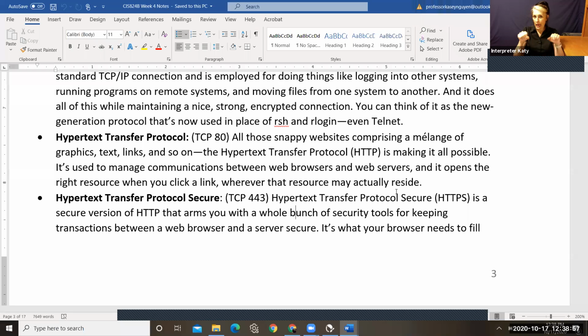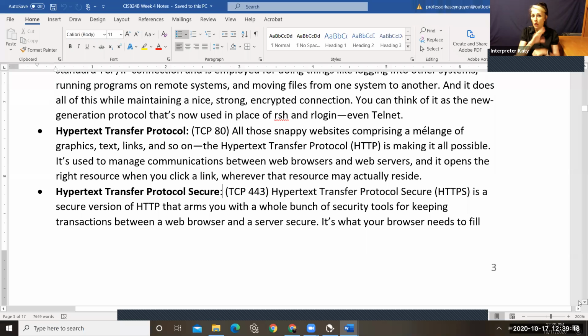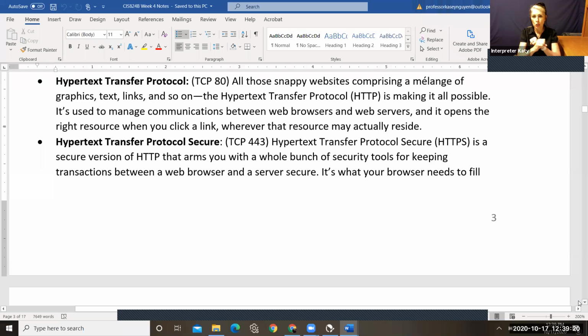So approximately there's 9 million different websites that are available worldwide and growing. So probably close to 10 million now. So the majority of those websites are secure, but not all, right? And we'll talk about security in the next week. So that's port 443. So in the lab today, you are going to